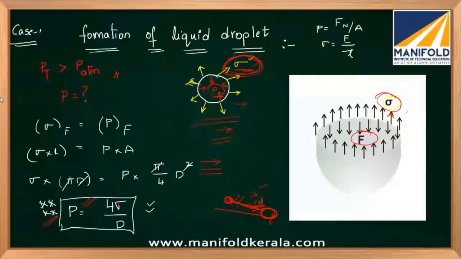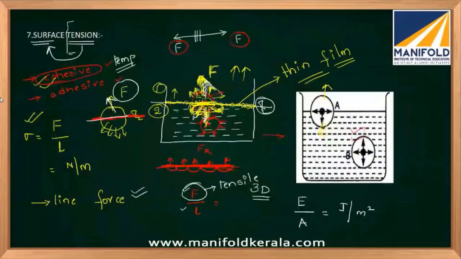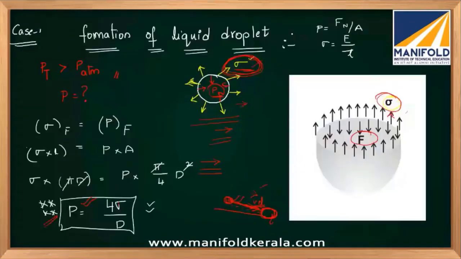See your screen now. See this diagram. Inside the bubble, all the molecules are the same, water molecules. When all the molecules are the same, you don't have any other forces. All the forces are homogeneous, and you have cohesive forces equal in all directions. What do you mean by surface tension? It occurs when there are two different phases, some filled with water, some with air, whereas in the case of the liquid droplet, outside was totally air.